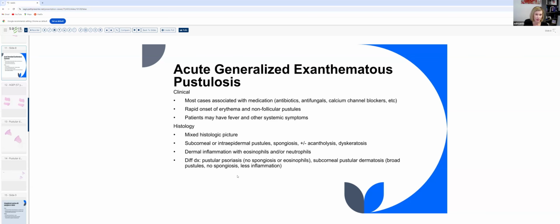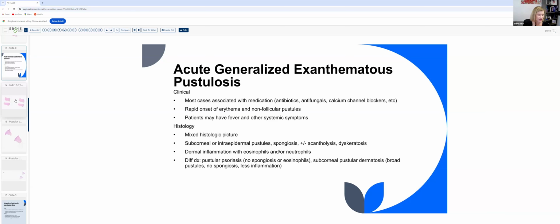And this presents as a rapid onset of erythema and non-follicular pustules. Patients can have fever and other systemic symptoms. And histologically, there's kind of a mixed histologic picture of spongiosis, some intraepidermal or subcorneal pustules. There can be areas of dyskeratosis or acantholysis, but not necessarily. And then there's a dermal inflammatory infiltrate with eosinophils and neutrophils. So the differential